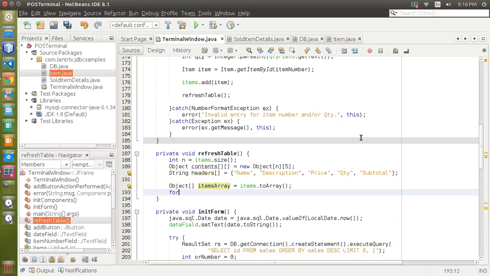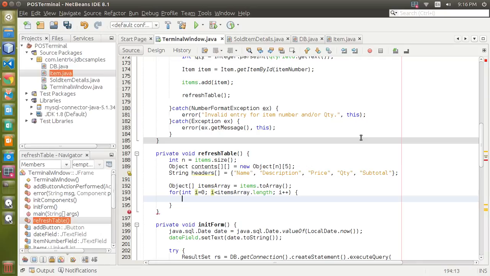So now we can have a for int i is equal to 0, i is less than items array dot length, i plus plus. Okay, now so we have contents i